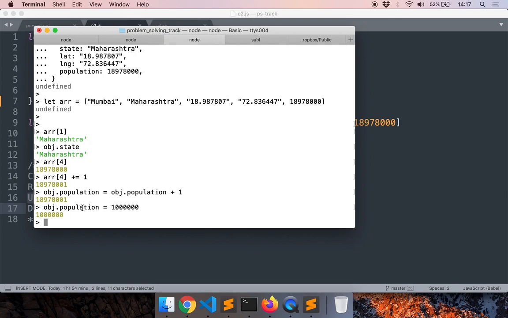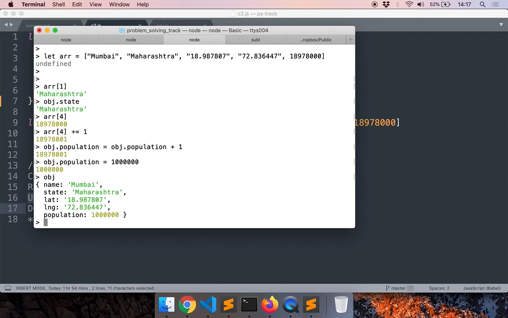How this works is, if the key is already present, then the value is updated. If not, a new key is added. So that brings us to how to add a new key. Let's take a look at the existing version of the object, and now let's say I want to add some tourist attractions in this city.